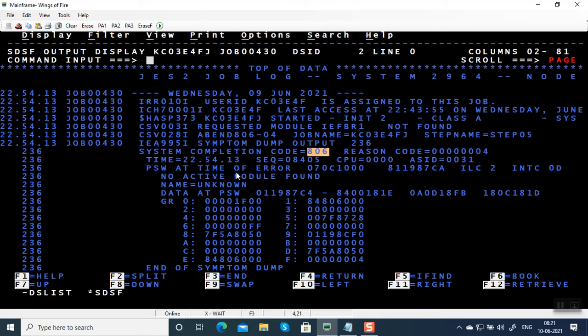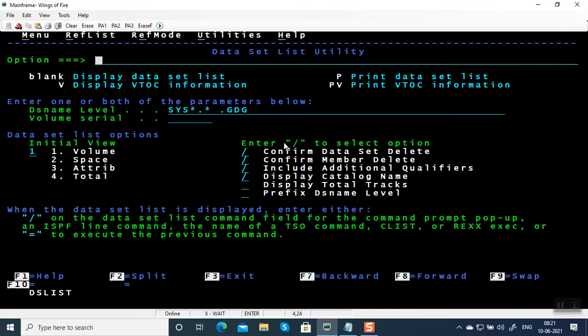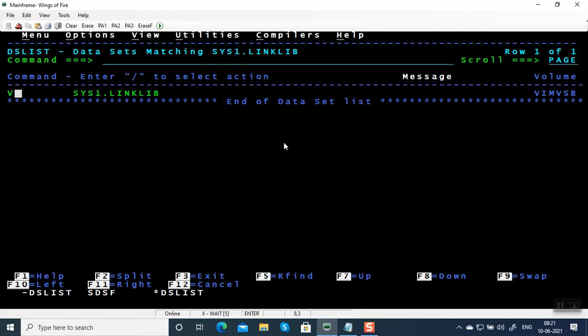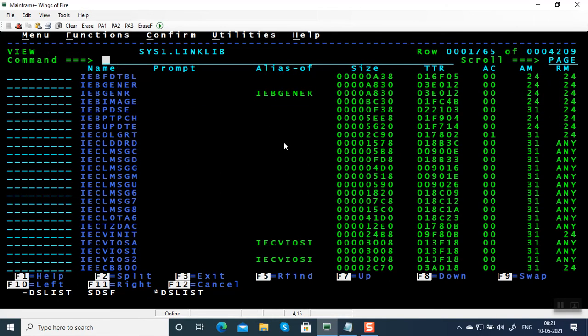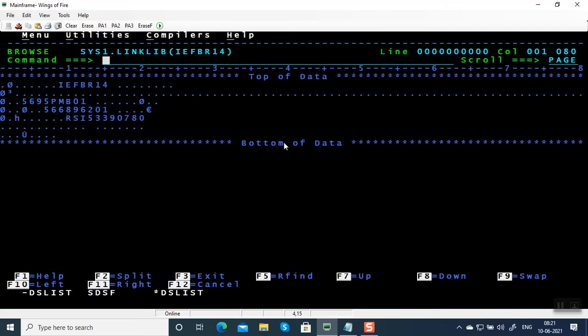When you submit, from where is it going to take this program? It is going to take this program from system libraries, probably SYS1.LINKLIB. So this is a load module of the program.